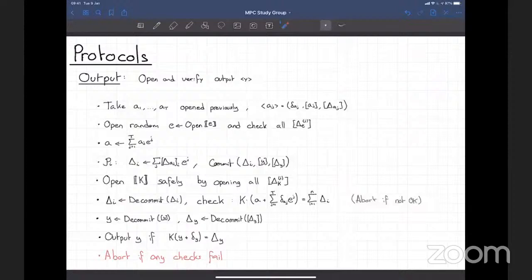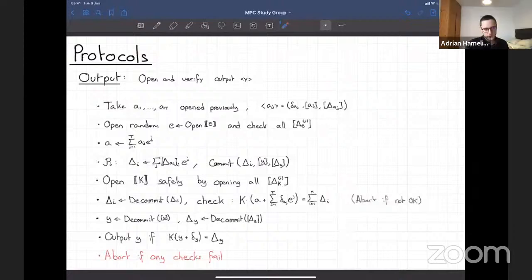Okay, so this commitment, which commits to delta I and shares of Y. You do not want to open delta Y's and shares of the output at the same time, right? Because it may happen that someone was cheating, and in that case, you do not want shares of the output to be public.